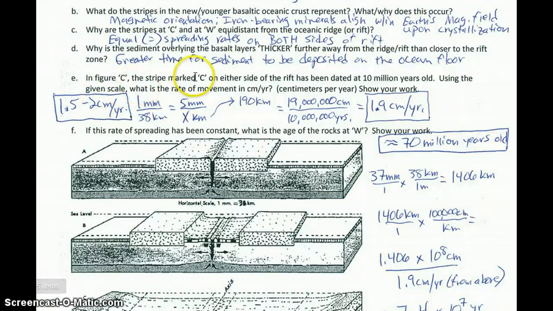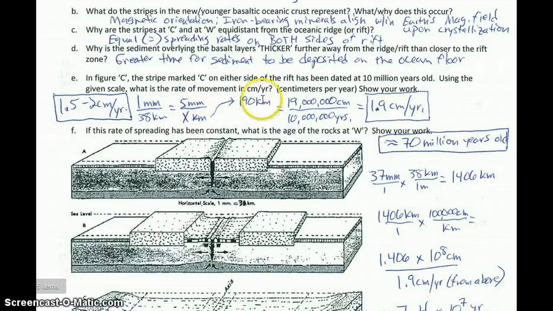So in figure C, the stripe marked C on either side has been dated to 10 million years old. Using the given scale, what is the rate of movement in centimeters per year? Show your work. So if I know that the key here says 1 millimeter equals 38 kilometers, and I measure them directly, and I find that C is 5 millimeters away, I find that this equates to, if I set this as a proportion, 1 millimeter equals 38 kilometers, 5 millimeters